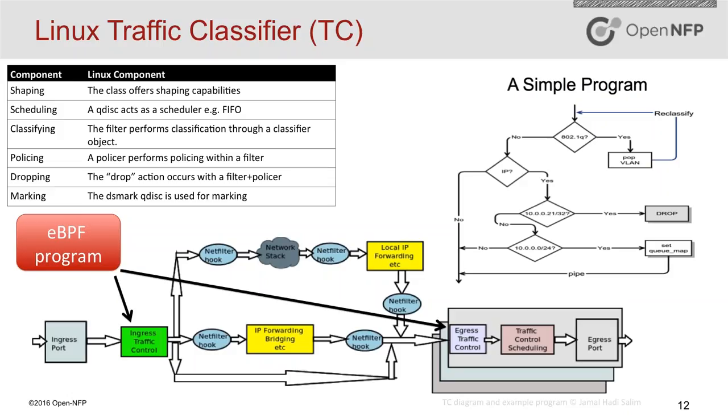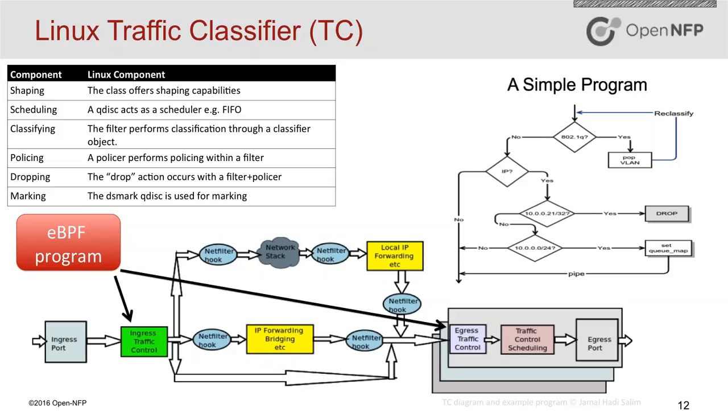In this case, a packet comes in at the top. It hits this decision point where we check, is this an 802.1Q VLAN tag packet? If it is, we go down the right-hand branch where we pop the VLAN tag off, and then we recirculate and reclassify this packet through the same program. At this point, we find that the VLAN tag is not there, so we go down the left-hand decision branch.